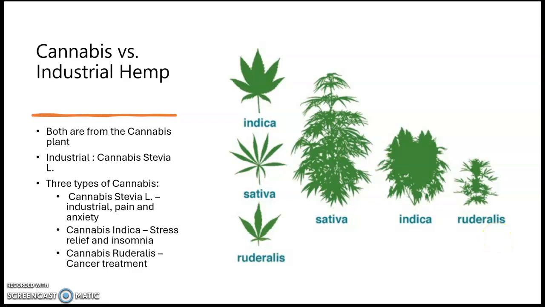ruderalis plant. And this one you can see is much smaller than the other two. It does produce those flowers and those buds. And that is because it's higher in THC content. The buds are much smaller. It's harder to get that purer THC out of them. So they're much more concentrated in a smaller form. So from there,